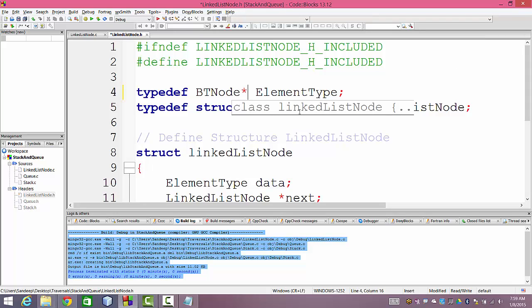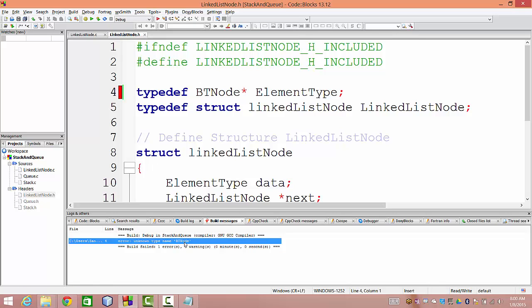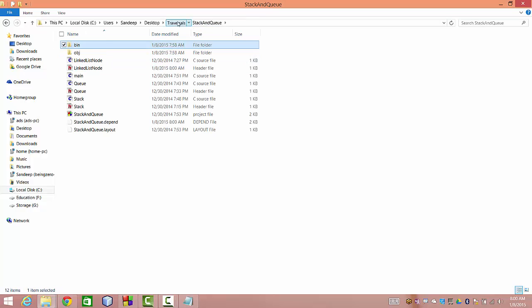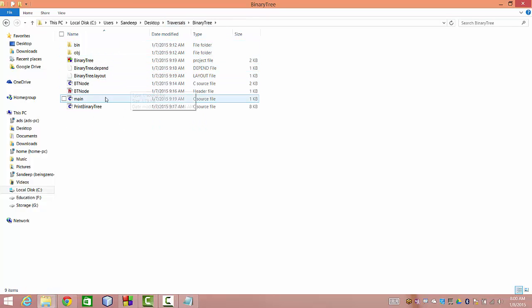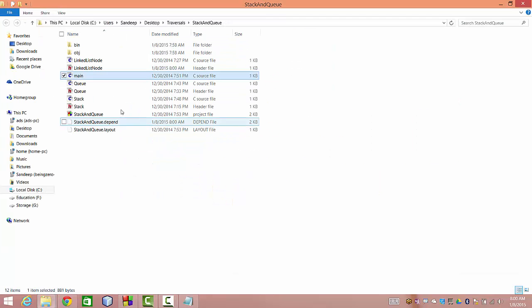In our header. So that means in order to get that, we'll have to do a hash include here also. So that also needs to be included so that we can use it. It says unknown type name BT node. So one more header we have to bring from our binary tree, and that header is BT node. So that also I bring,